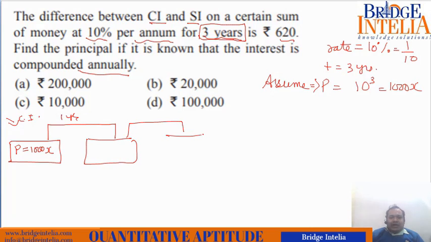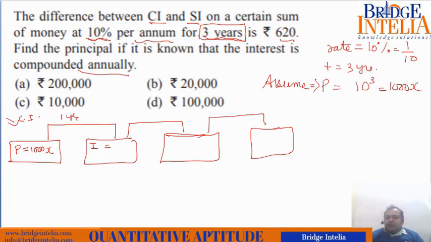After 2 years, what happened? After 3 years, what happened? Let's see. So after 1 year, interest. So interest is being given at the rate of 10%. 10% means 1/10 of anything. So interest is equal to 100x. Updated amount is equal to 1000x was already present, 100x is given. So updated amount is